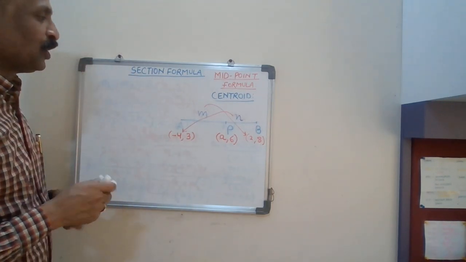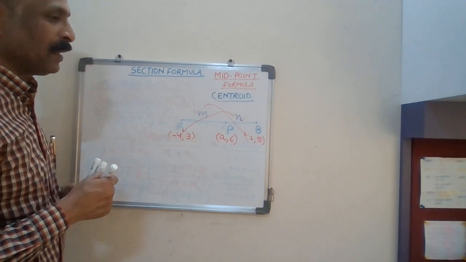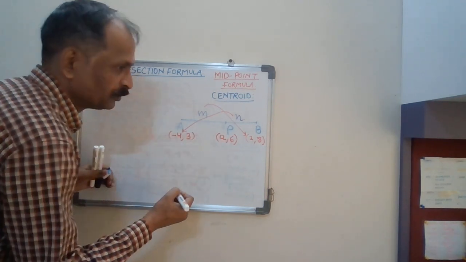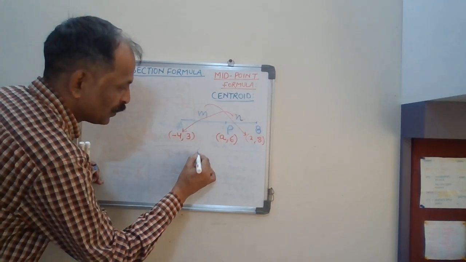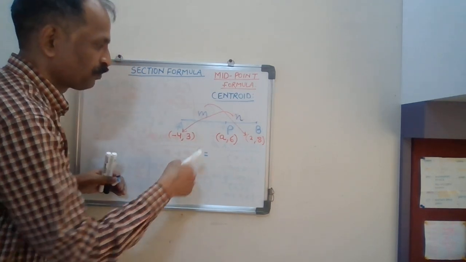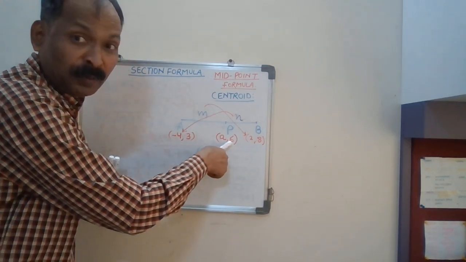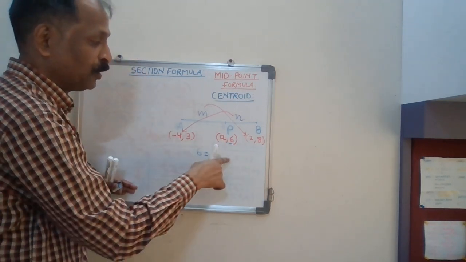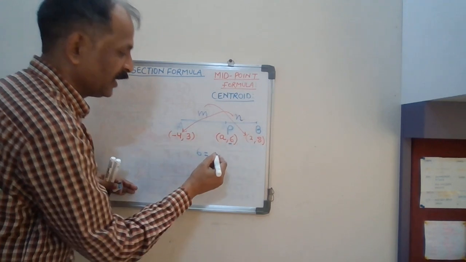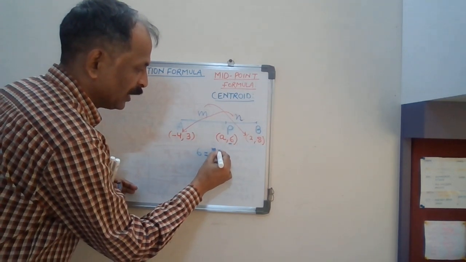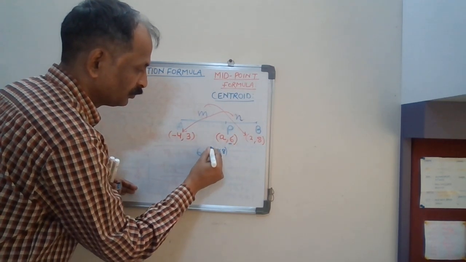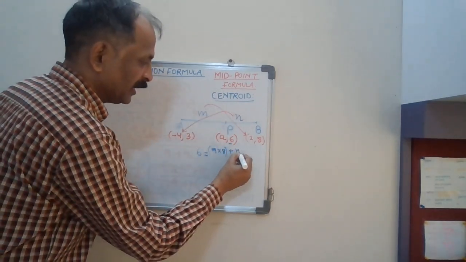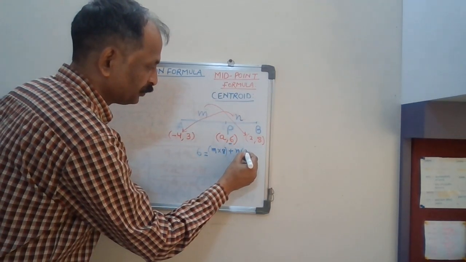So how will you do it? You can apply the formula, this known formula. So you will be writing here. 6 equal to, means the y formula. You will be using the y coordinate. 6 is the y coordinate, so we'll be using the y formula. So m will go with 8, so m into 8. Okay, n will go with 3. n will go with 3.